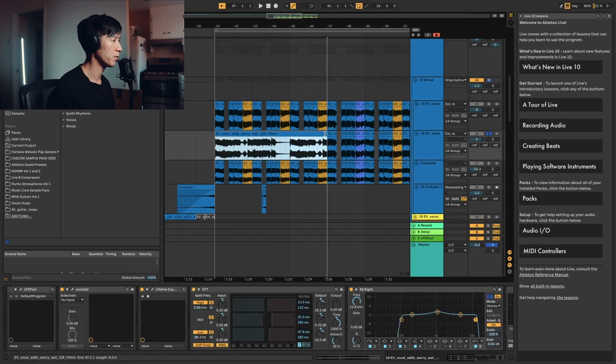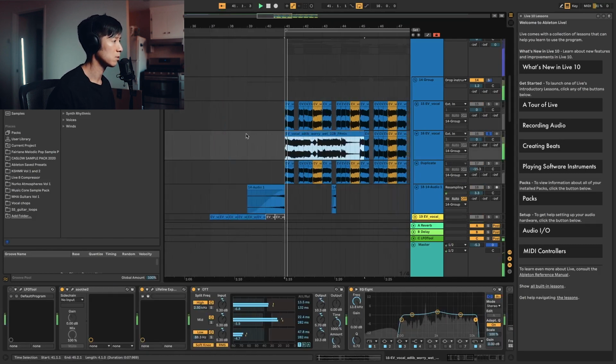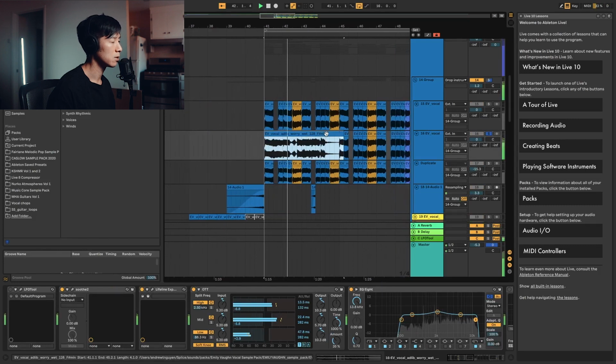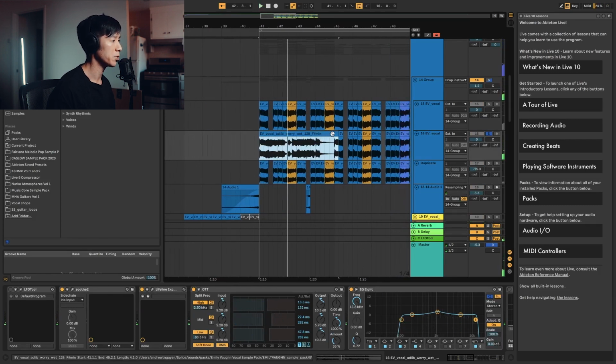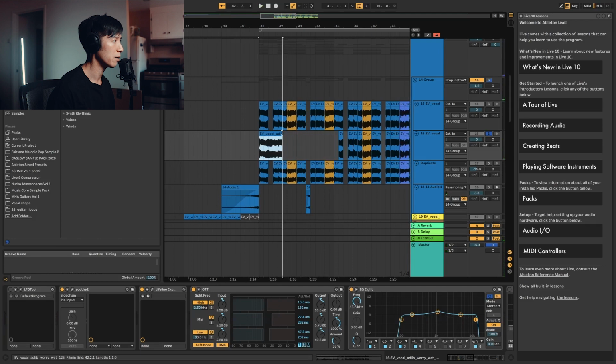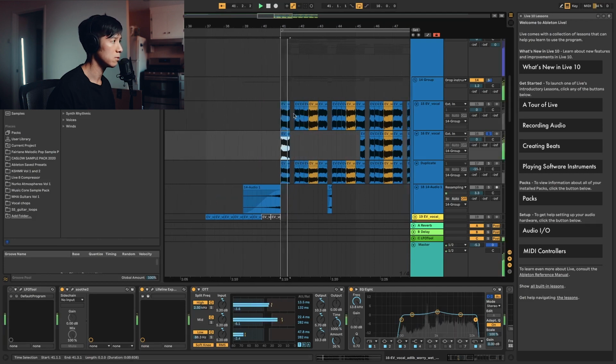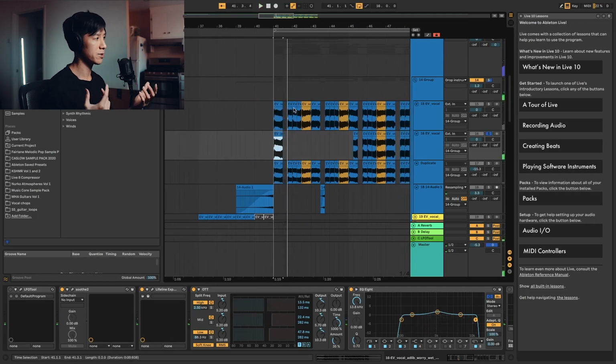So again, this is what the whole thing sounds like. So basically what we did was we just took this right here. Again, this is what I talked about in the last video, the call and response, or the question and answer, or the structure of certain melodies. You have an A, B, A, C section. So this would be the A